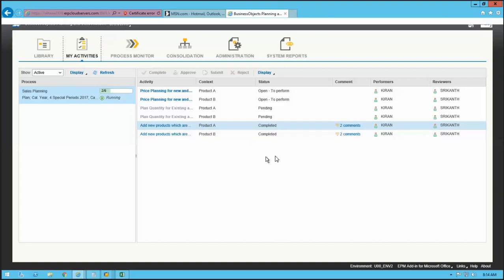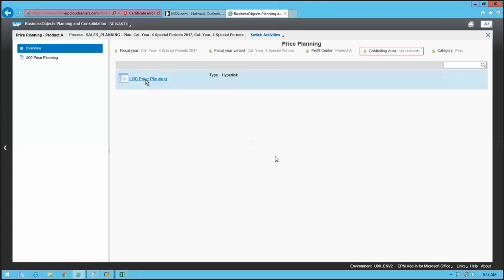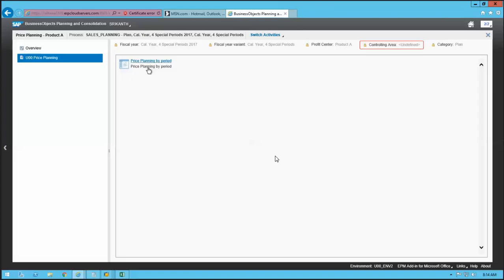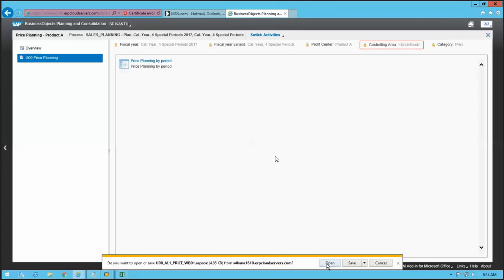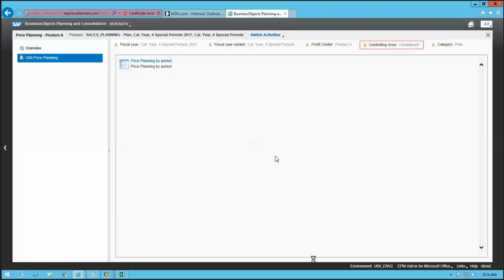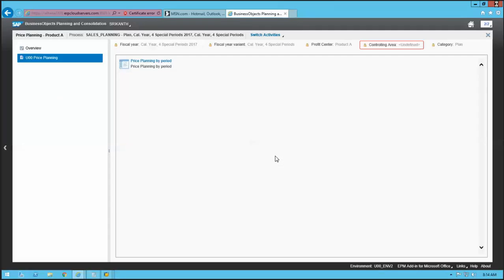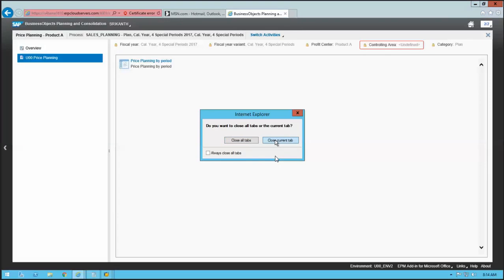Second activity, what happens when you click here, you can open the price planning period, this particular Excel sheet. It opens, you will plan it, you will put it. So directly one link will be there, it will call